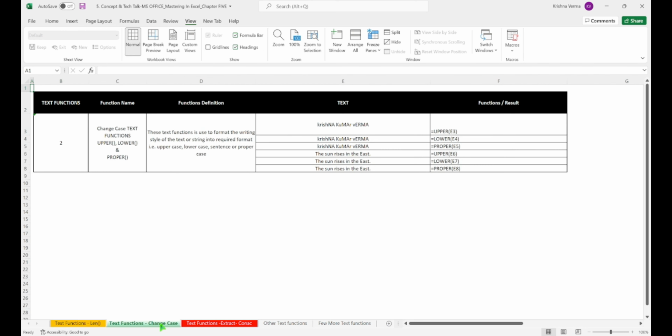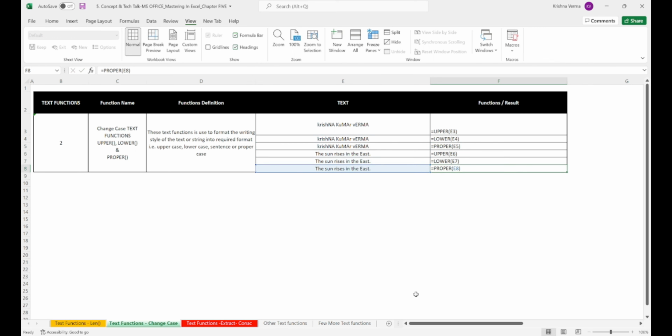Okay, now let's move on to the second thing. The other thing was the change case text functions, like upper, lower, and proper. So see here, I have written this name here, and I purposely wrote it in a different way. The first few characters are small, then capital, then small, then capital, a mix and match. And this is not properly readable, right? And if you want to change this to completely uppercase, lowercase, or proper case, I use this formula here,